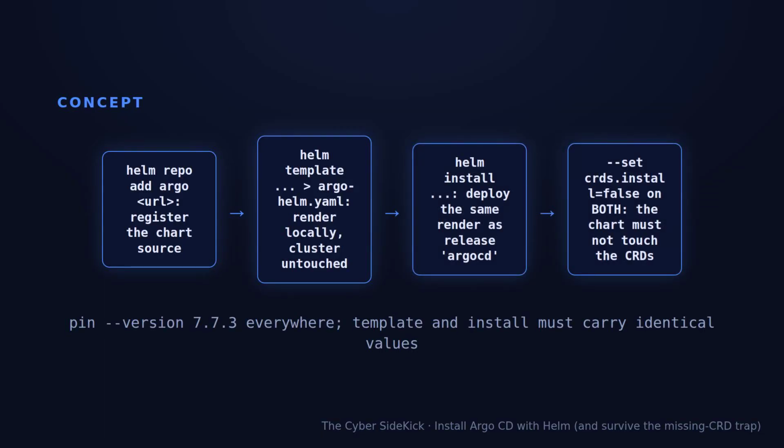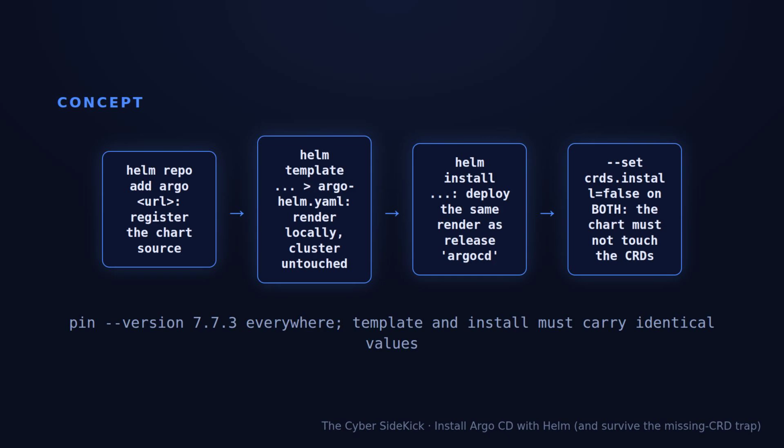3 Helm verbs do the work. Helm repo add registers where charts come from, under a name you choose. Helm template renders the chart into plain YAML on your machine. Nothing touches the cluster, which is why the question can ask you to save the output to a file. Helm install submits that same render to the cluster as a managed release. A flag that ties them together is